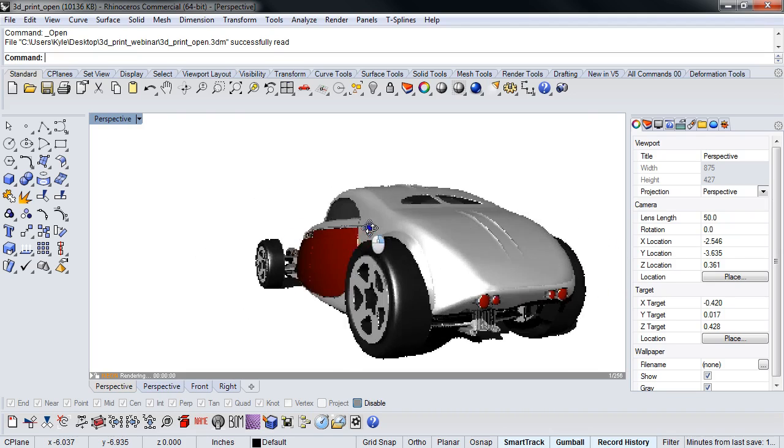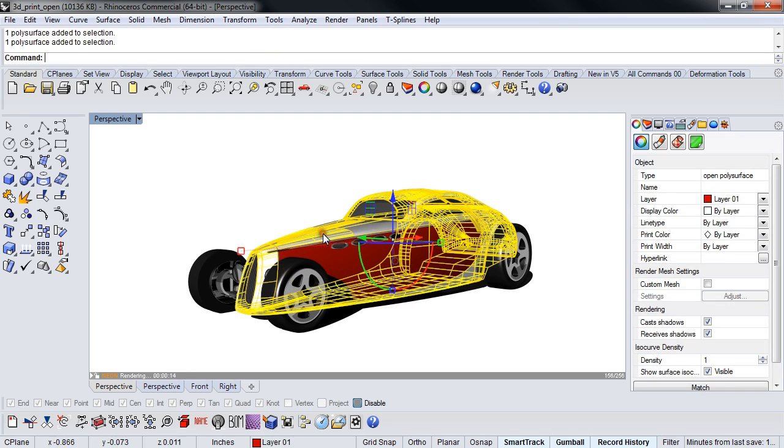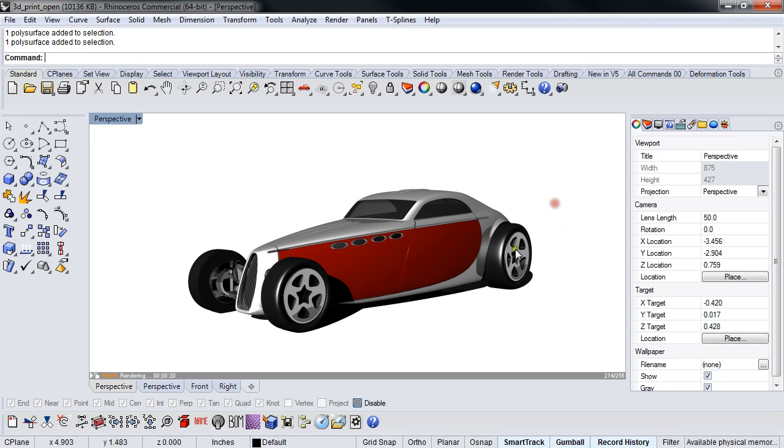Just off the top of my head, I can tell you that this is going to be a problem if we want to print it. Why? Because it's broken up into materials. In order for this to be broken up into materials, this has to be broken up into separate pieces, right? So broken up into separate pieces means nothing is going to be touching. So the very first thing that we want to do